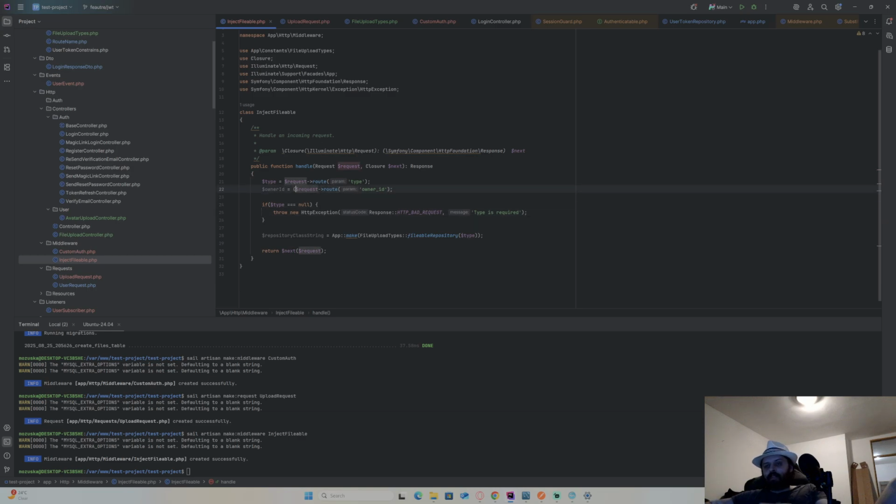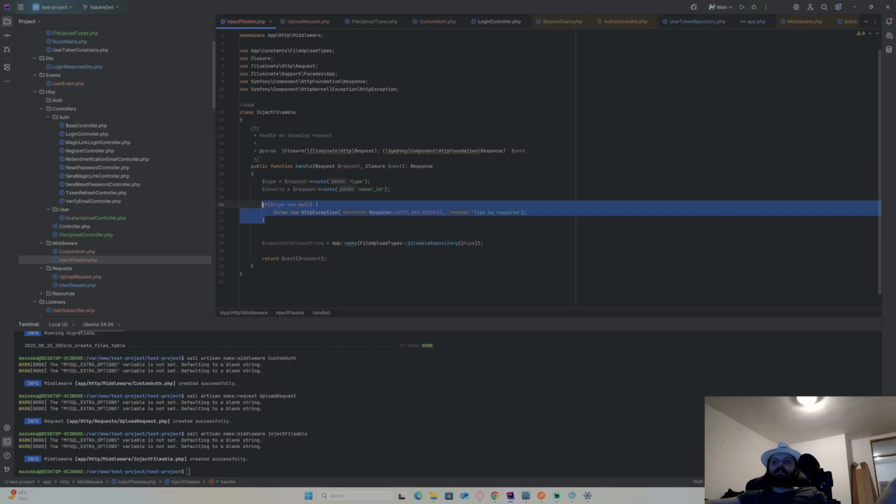If not, I'm going to cast it to an integer. But not here. Also, if owner ID is now also showing the same, or here, owner ID now showing missing request parameters.